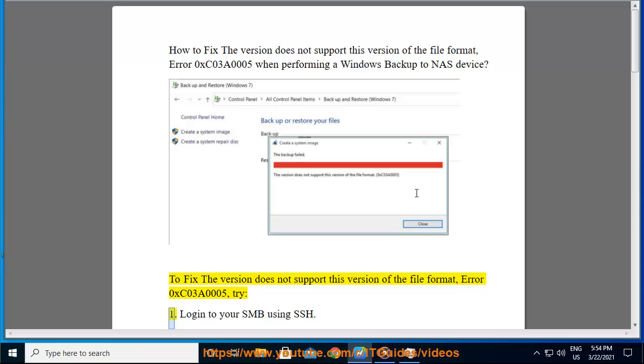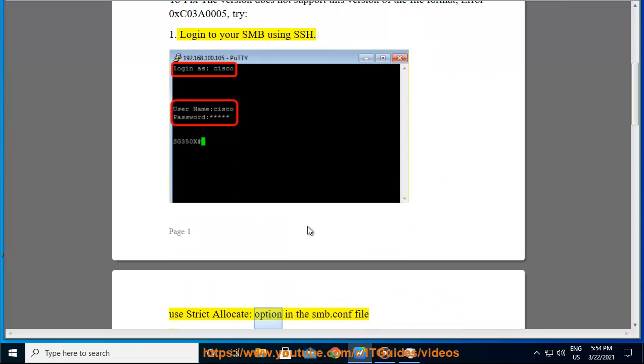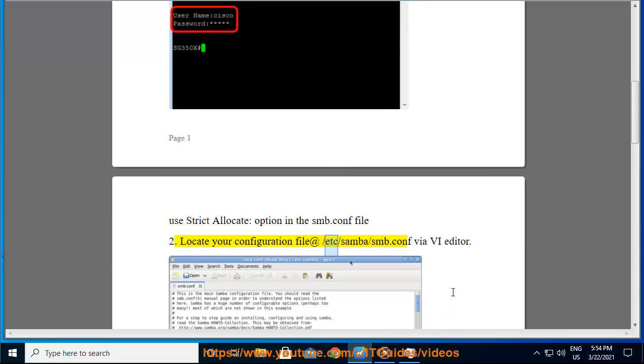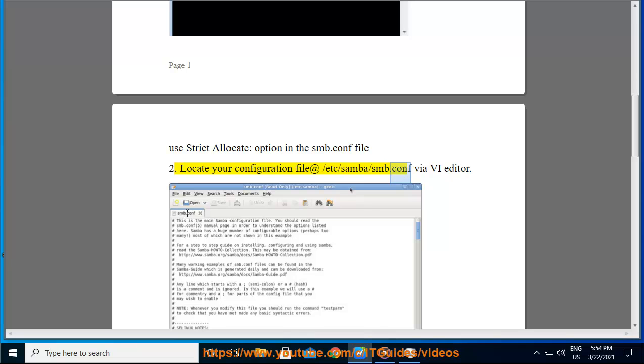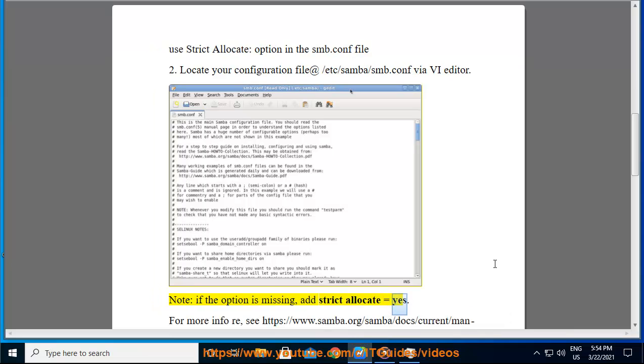0xC03A0005, try: 1. Log into your SMB using SSH. 2. Use the strict allocate option in the smb.conf file. To locate your configuration file at /etc/samba/smb.conf, use a Vi editor. Note, if the option is missing, add strict allocate = yes. For more info, see